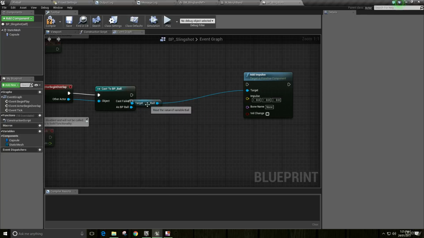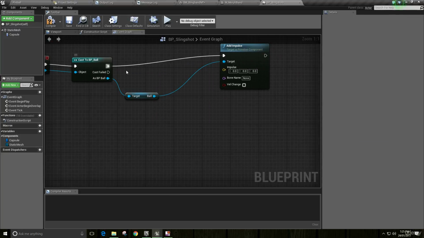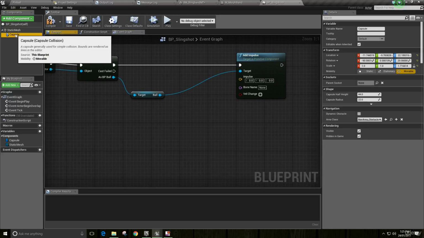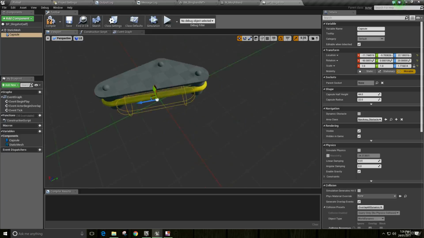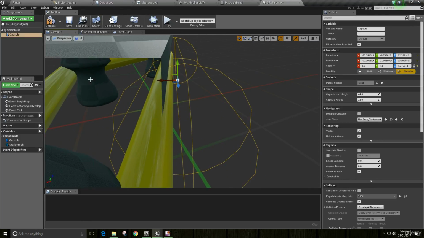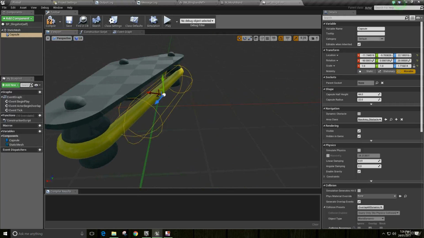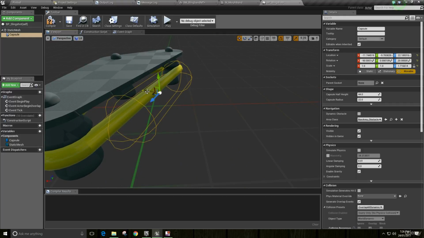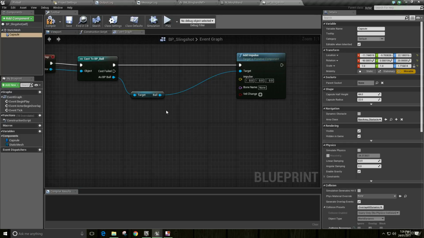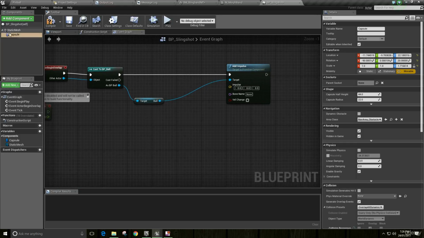which will automatically get me a reference to the ball mesh. And we're going to set that impulse to be equal to, this is a cheeky little way we can do this. If I click on this, you can see that the red arrow is pointing that way, which actually tells me my forward vector. And in this instance, all I actually really need to do is say I want to go this way. So if I tell this to go negative impulse on the forward vector, it'll push out against the red arrow here. So to do that, if I go and get my capsule,